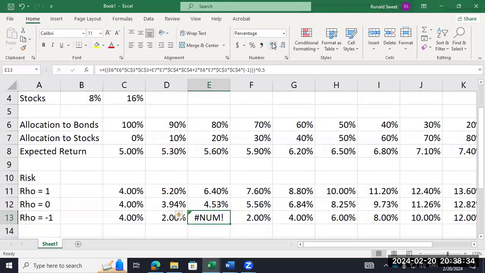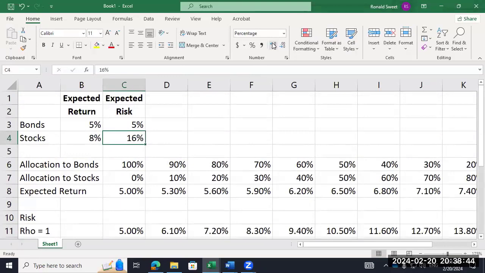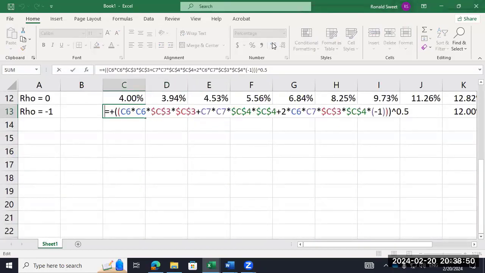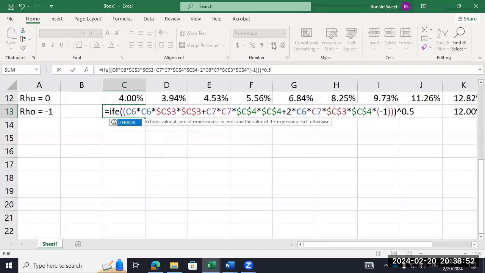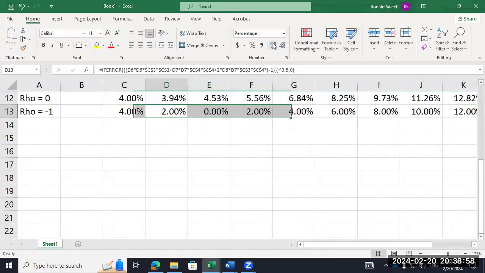If you have no risk, you should get the risk-free rate. All right. I didn't pick good numbers here, so I got the number there. I don't know how to get this to 0. I should have checked that in advance. We can try 5% here and see if that helps, but yeah. This probably is. So what I'm going to do is I'm going to do IFERROR, comma 0. And that fixes it, right? The IFERROR function fixes everything.